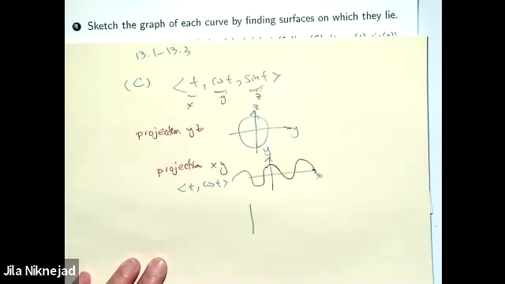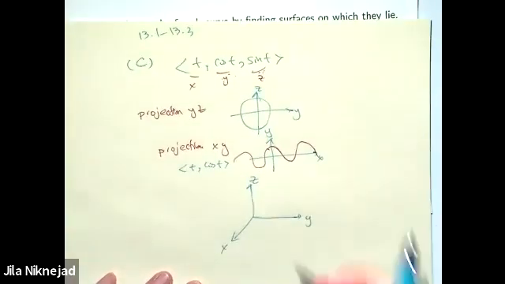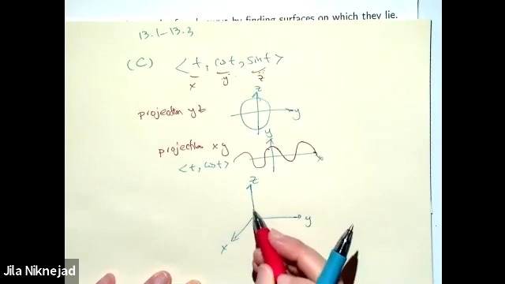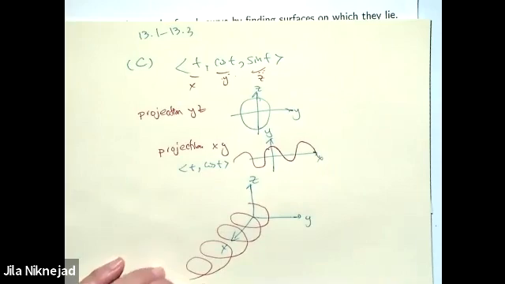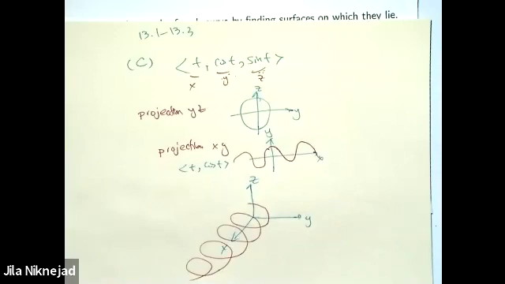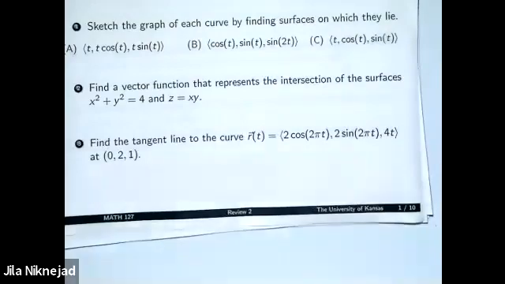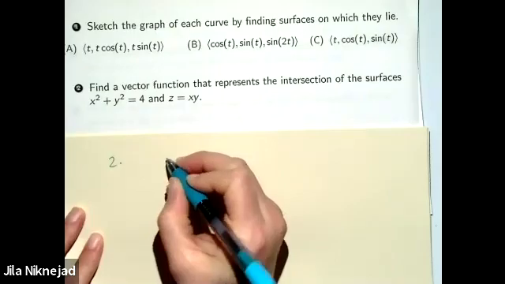Just forget that I said helixoid. Helicoid is something else, it is not a curve. And so it's basically going round and round in the x direction. What do we call it? Slinky? Yeah, it looks like a slinky in the x direction. So these are a little bit new material. We haven't done a lot of worksheets on them. Let's do problem 2 in here. Find a vector function that represents